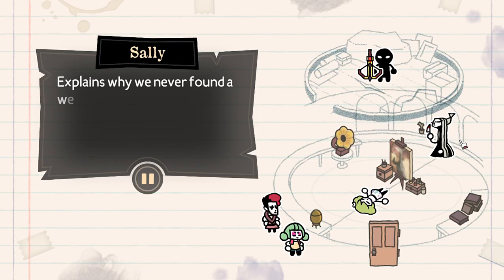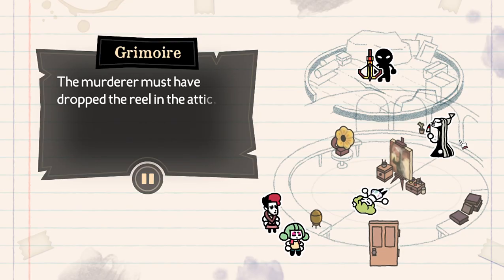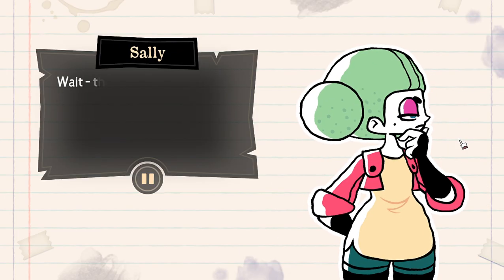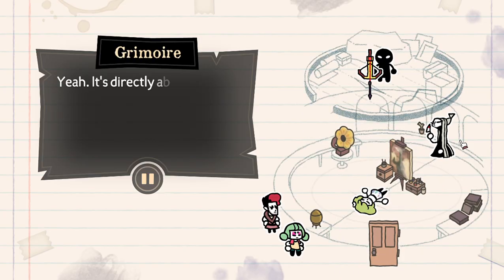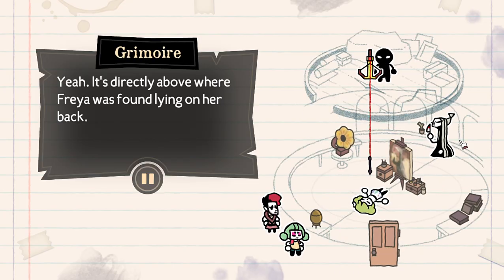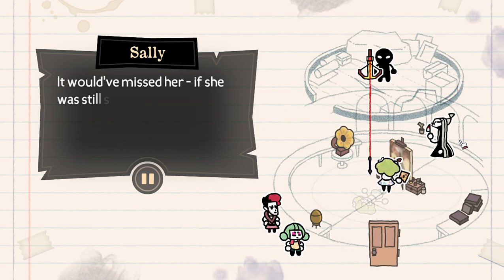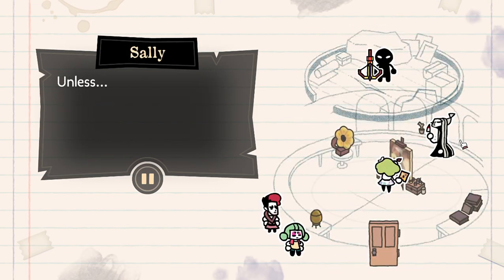Explains why we never found a weapon at the crime scene, I guess. The murderer must have dropped the reel in the attic. I'm guessing they were in a hurry to escape. Wait, the arrow was fired through the crack in the floorboards? Yeah, it's directly above where Freya was found lying on her back. Nope, doesn't add up. It would have missed her if she was still standing up by the painting. Ah, right. Unless...